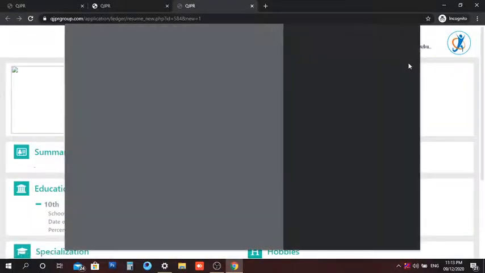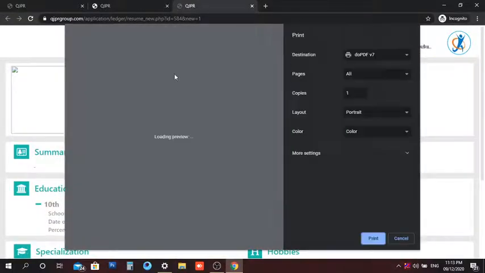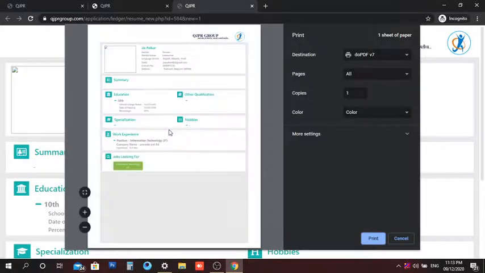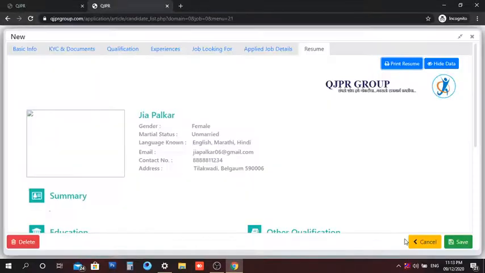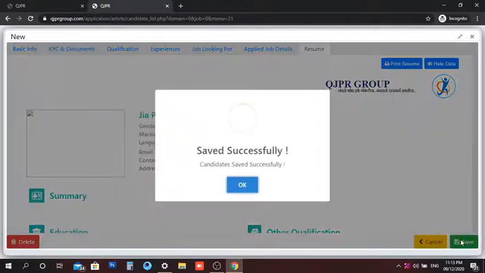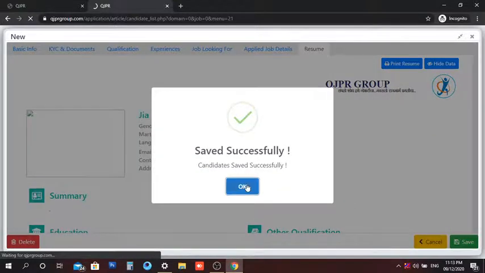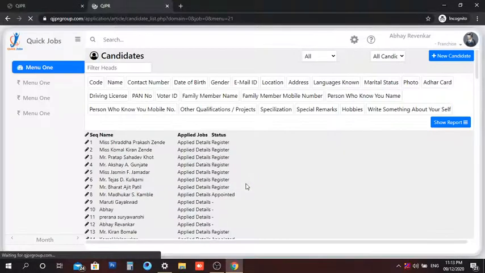So if you click on print resume option, here you will get a print format of your resume like this. So you can simply click on print and take a print of it, and then finally save it. So this is how you can register the candidate details.